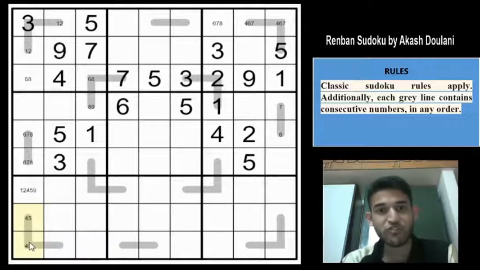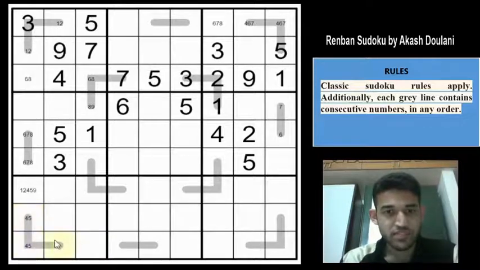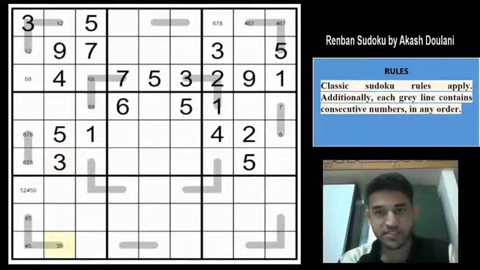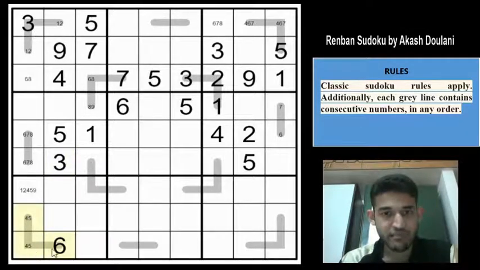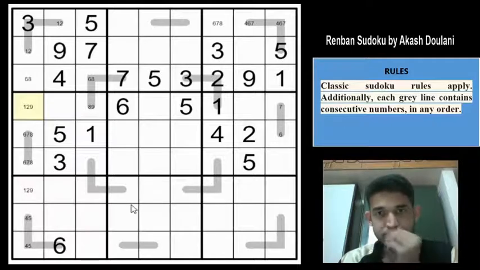So now we get a 4, 5 pair. Which means that this cell is either a 3 or a 6, but 3 is not possible. So this is a 6. And we are getting a nice Renban line of 3 consecutive digits. So the 4, 5 pair eliminates the 4, 5 from this cell, and this is going to be a 1, 2 or a 9, right? 3, 6, 7, 8 and 4 and 5. So this is a 1, 2 or 9. Great. But we have a 1 here, so 1 can be eliminated. So this is a 2 or a 9.